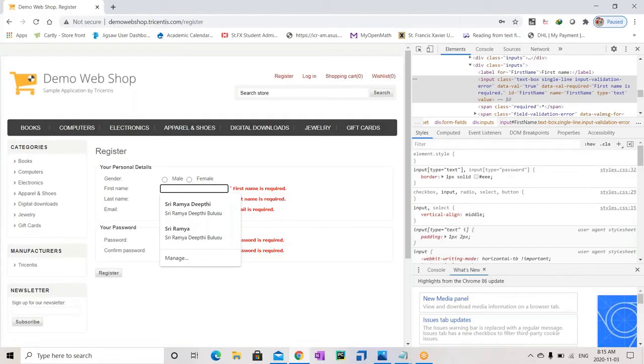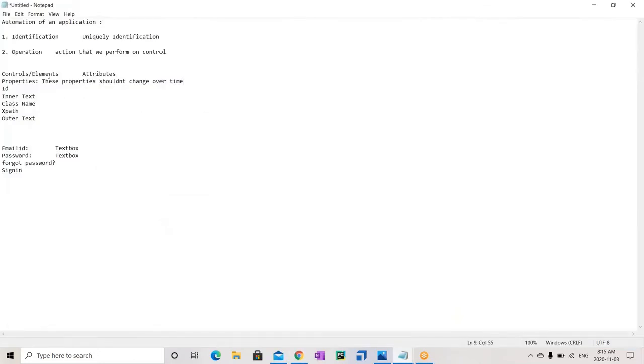So you can do various actions. Once the identification is properly done, then you can start doing different operations on it. Now let's see what the different types of operations are. Until here, am I clear or am I going too fast or anything?